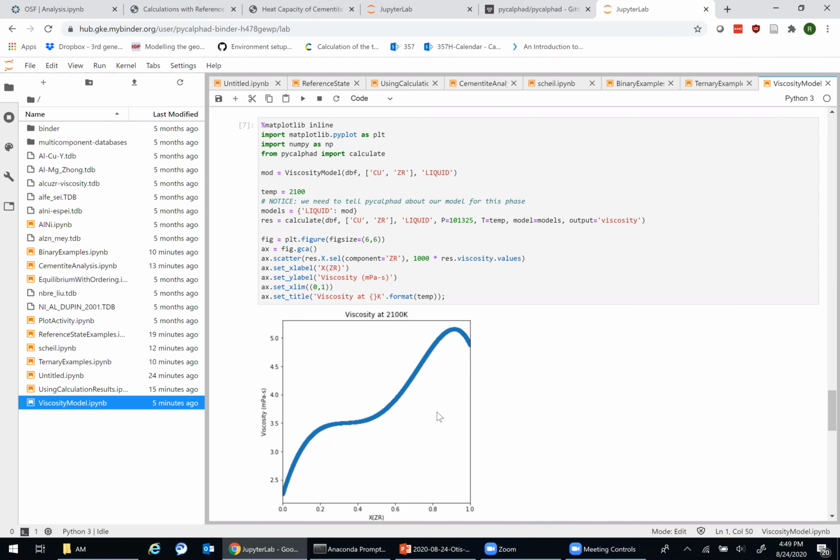So PyCalphad is enabling a lot of work in uncertainty quantification of these predictions. We've published work, and a lot of this has been in collaboration with Argonne National Lab, Maria Stan and Noah Paulson. We've done a lot of work in doing things like putting error bars on phase diagrams based on